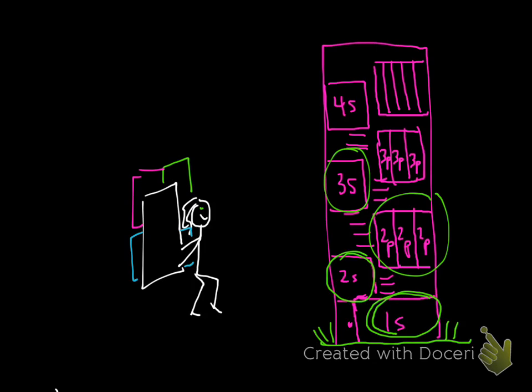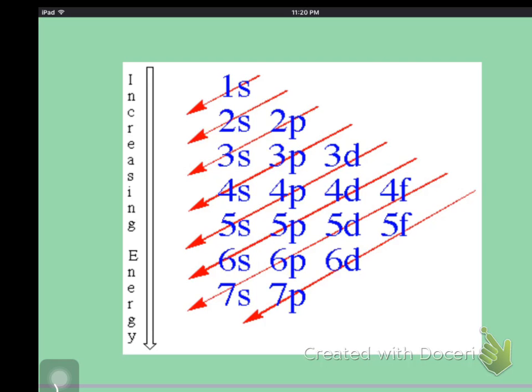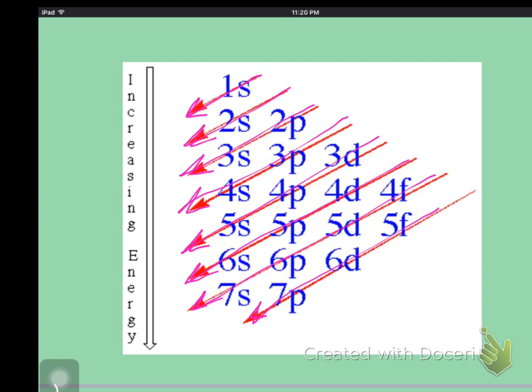It's only after that that things get a little bit weird, and we have to use a very special chart to help us remember. This is called the orbital filling diagram, and when we draw this and put lines through the names of the orbitals, it shows us the order of ascending energy, and hence the order that they fill in. It's very easy to do, and you'll get very good at drawing it. Let's practice. To draw the orbital filling diagram, you start with 1s, then 2s, then 2p,